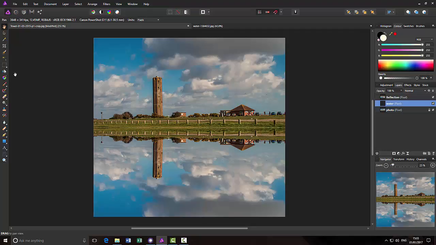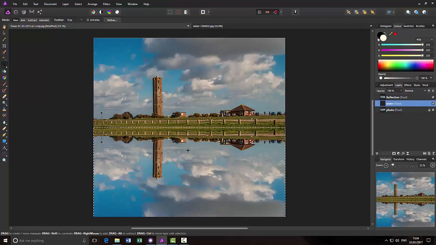So what I'm going to do now is click on the rectangle marquee tool, or you can press M, and I'm going to draw out a marquee rectangle over the bottom half of this image, and as the water layer is highlighted, what I'm going to do next will only affect that layer